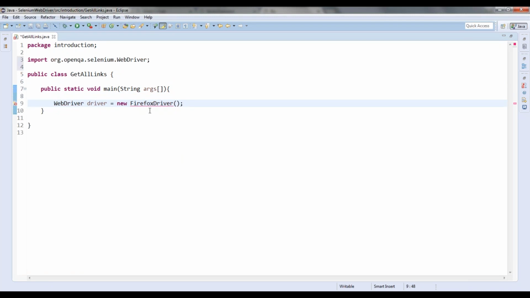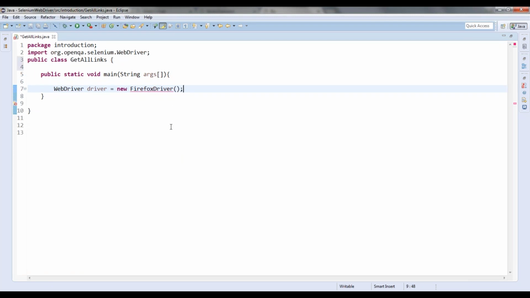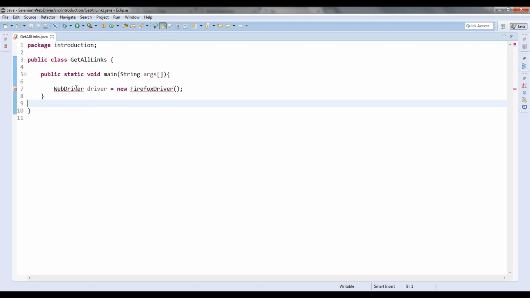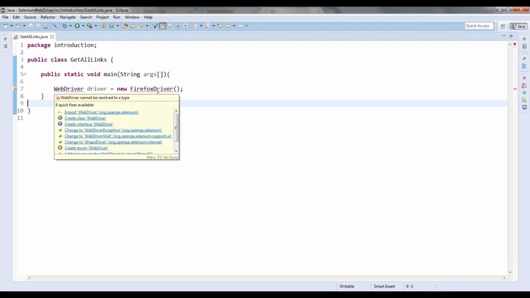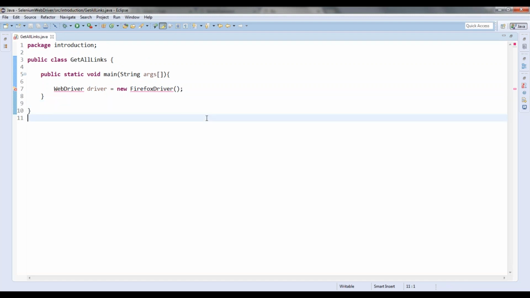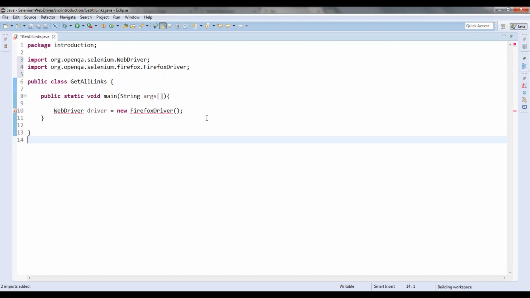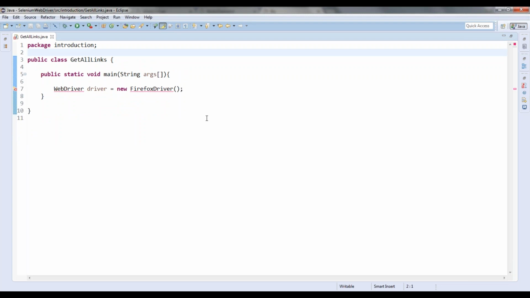Let me import everything. If I want to import WebDriver as well as FirefoxDriver, you just press Control Shift O. You hold the Control key and the Shift key and press the O key. It will import all the packages and all the classes it needs to.